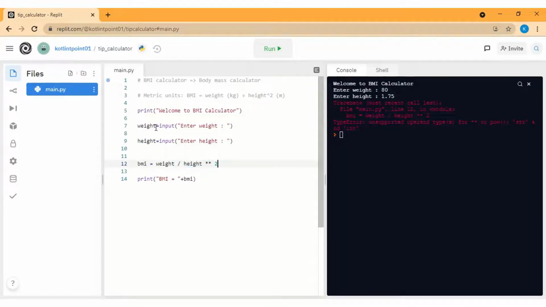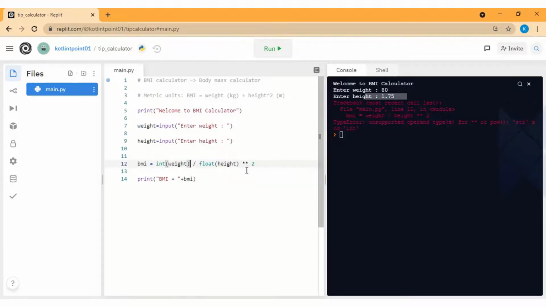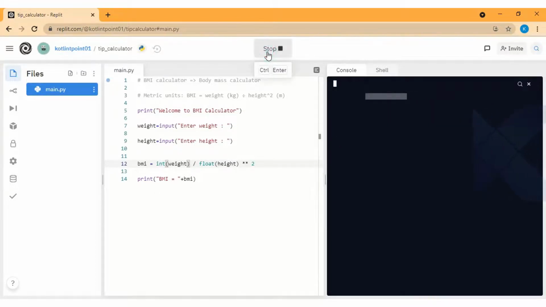As we know, input function always returns string, and with the string type of data we cannot have this kind of mathematical operation, so we need to convert, right? And height especially we have the input in fractional value, right? So floating point value, so we will convert the height into float type of data. So this is how I will convert the height into float, and weight is usually okay with the integer type of data, so I will convert weight into integer. Okay, so this is how we will get the BMI.